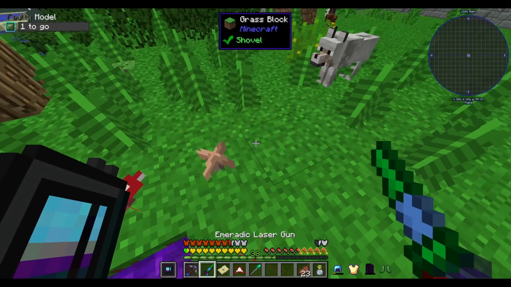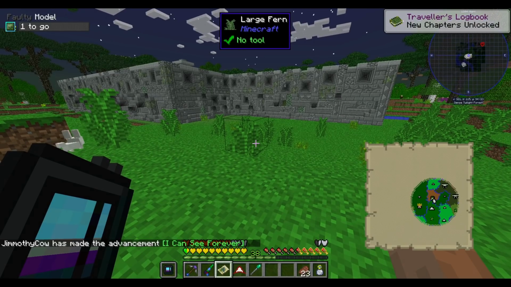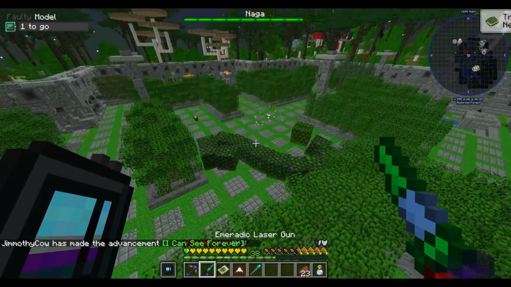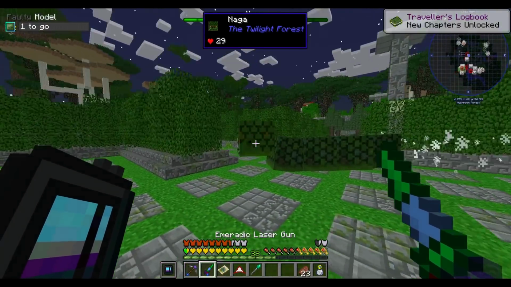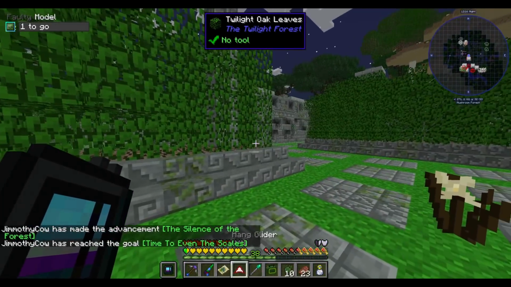No, you have to kill a Naga in order to unlock the, oh look, we literally spawned next to one. You have to kill a Naga to unlock the Lich Tower. So, let's just kill one real quick. It shouldn't be too difficult. Pew, pew, pew, pew, pew. Alright, Naga down. I think it's advancement based, so without the advancement, the Lich Tower is protected